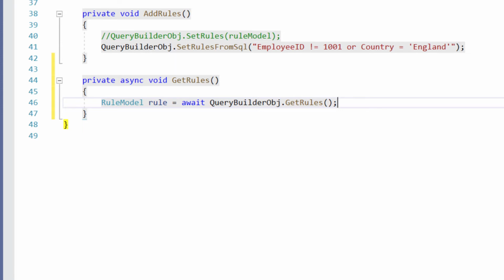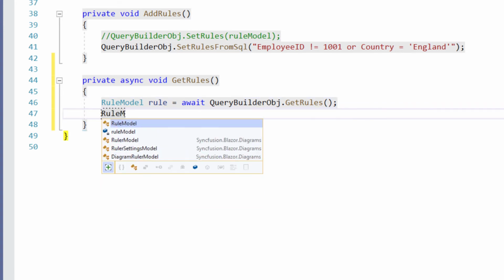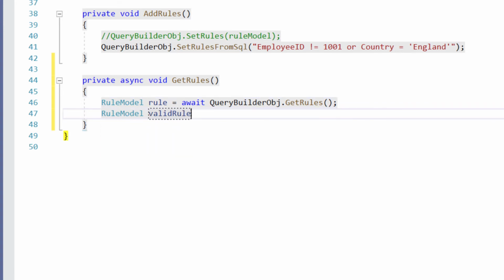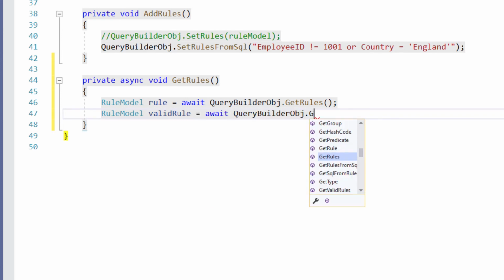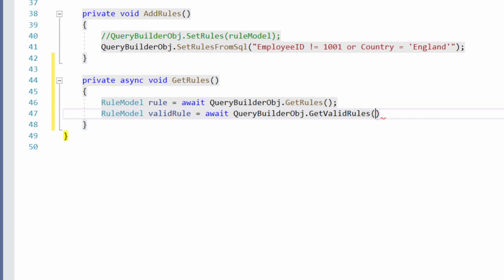To get valid rules, I need to use the GetValidRules method by passing this rule object. The GetValidRules method returns only the completed rules from the query builder and will skip incomplete or invalid rules. I create a variable of type RuleModel and name it validRule and assign the value await queryBuilderObj.GetValidRules and pass the rule object as parameter.